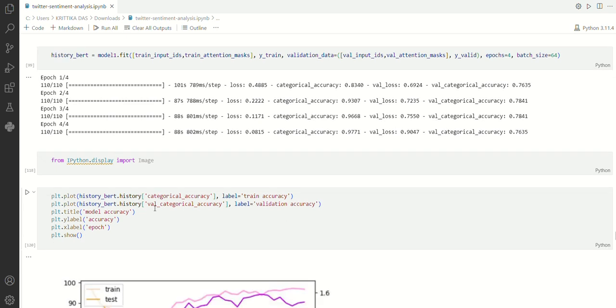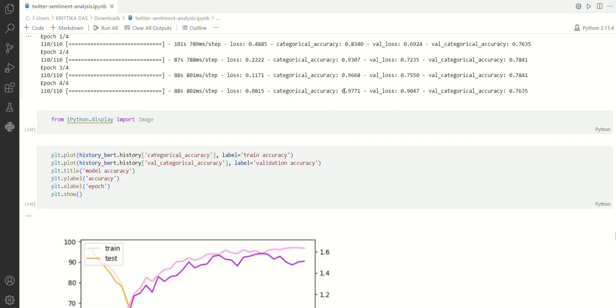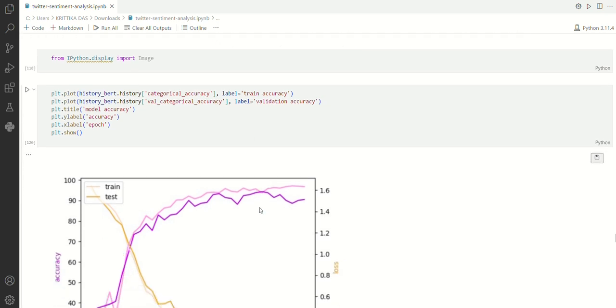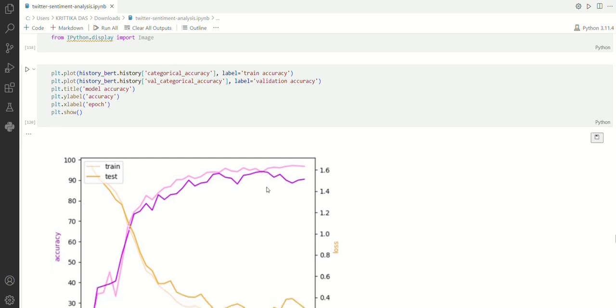Here we can see that the categorical accuracy has come to 97.71%, validation loss as 90.47%, and the validation categorical accuracy as 76.35%. So here we can see that our above machine learning supervised models have performed better than BERT,